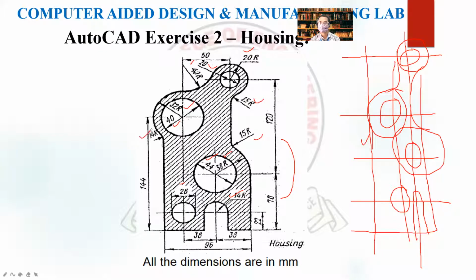I'm making a fillet of radius 14 so that it will be completed, and I need to highlight the other part so that the final object is generated. Just using offset commands we're making all these things. And there's a hatch inside. For this hatch we have to select ANSI 31 hatch and pick the internal points. Whenever you want to make a hatch, it should be a completely closed profile. All unnecessary portions will be removed with either the trim command or the delete command, so that we get the hatch inside completely.